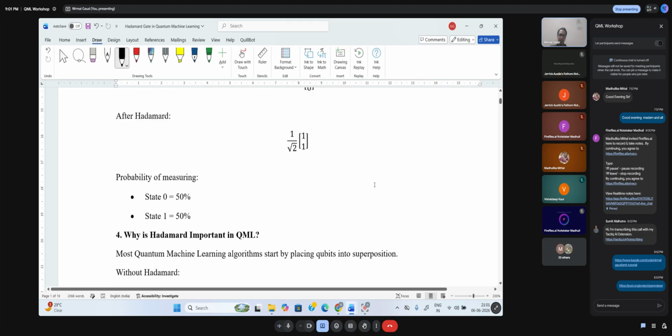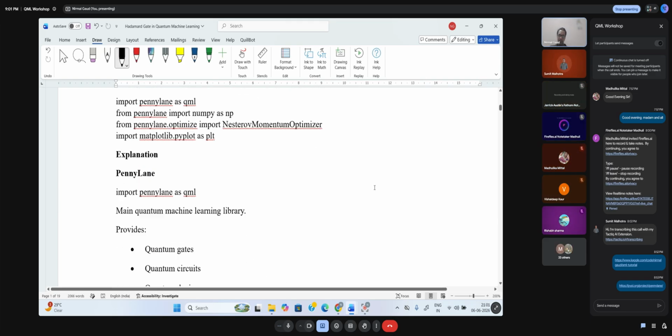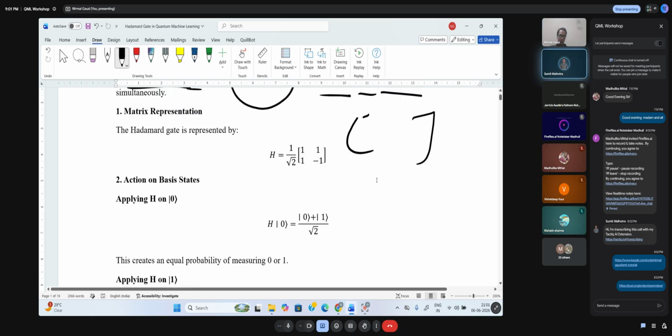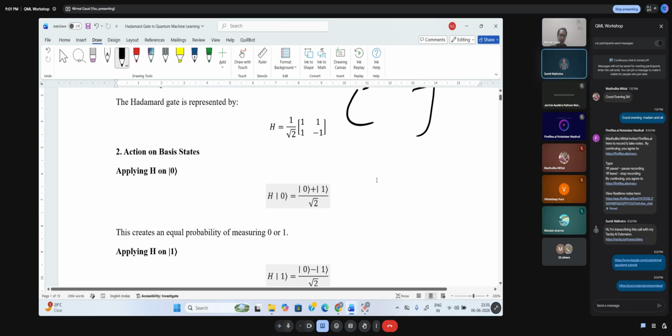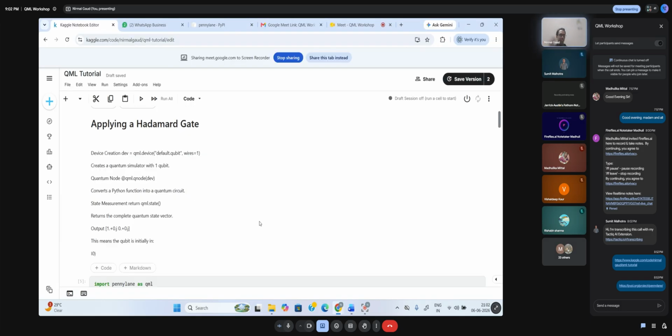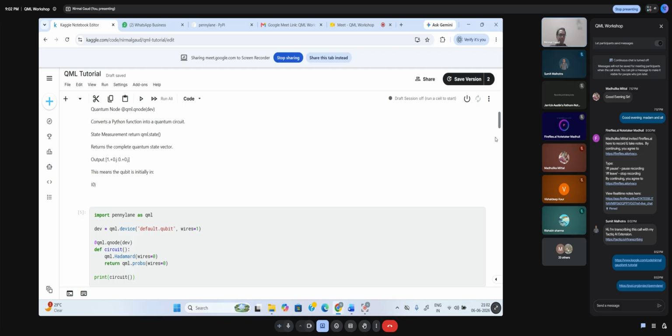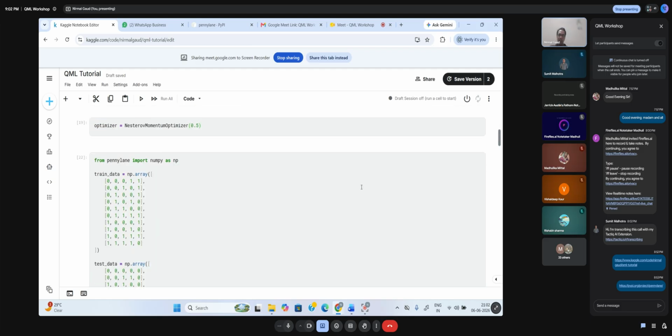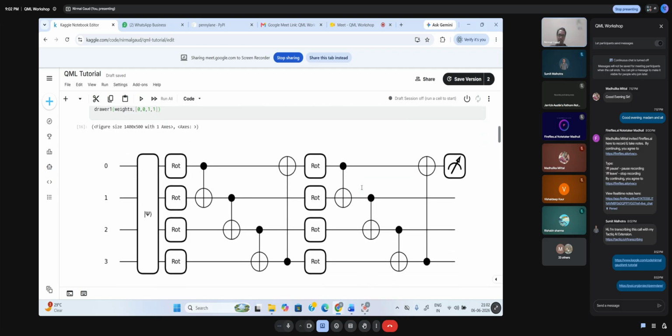Hello, sir. Yeah, please. Sir, like you define a circuit in the code, is this circuit related to the circuits that we study in electronics, or is it just a name? It's like an electronic circuit only. It looks like that. For example, let me show you. Check here.